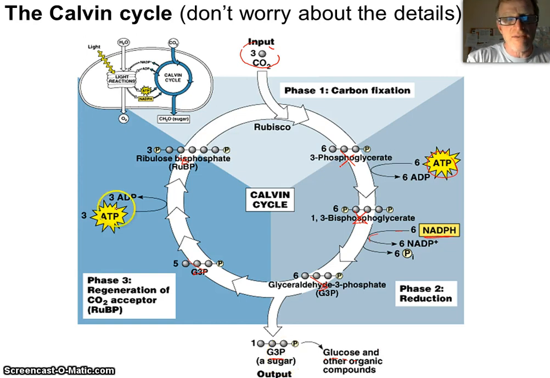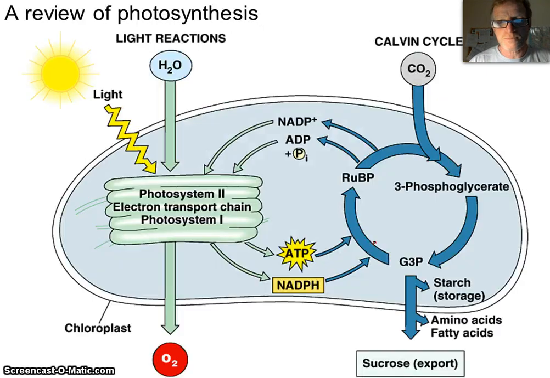Okay, so basically we have ATP providing the energy to reduce and make high energy organic molecules, and also NADPH providing, through its oxidation, hydrogens and their high energy electrons to further make this high energy molecule. So again, here's the cycle in photosynthesis in the big picture. We have the light reaction over here with the thylakoid membranes producing ATP and NADPH, and then over here carbon fixation occurring,